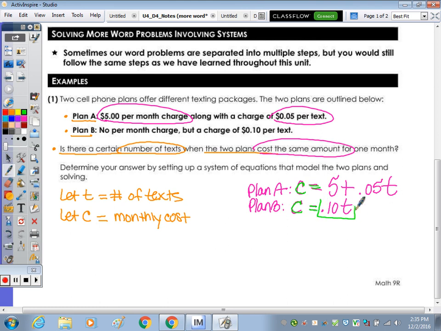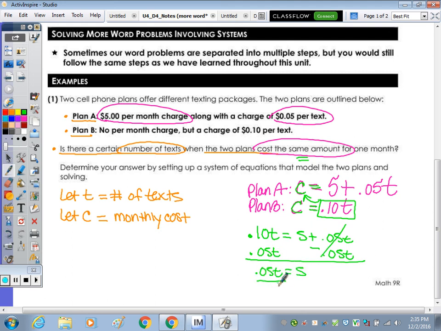So let's replace, we'll take this and replace the C with the 0.10 T. But cost the same, we want the cost equal anyway. So 0.10 T equals 5 plus 0.05 T. I want all the T's on the same side so that we can combine like terms. So I'm going to subtract 0.05 T from 0.10 T, and what do we get? 0.05 T equals 5. Divide by 0.05. And T is going to equal